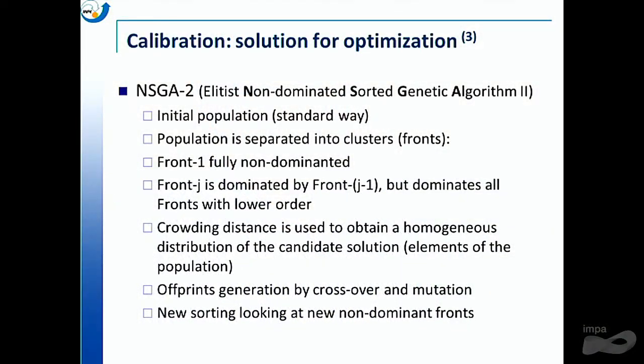Okay, and the offspring are generated by crossover and mutation, which are standard operators for a genetic algorithm, and then a new sorting looks at the new non-dominated fronts. And so in the process, you generate a new population, and you need to classify it into different clusters, meaning different fronts, and you do that up to convergence. Okay, and so